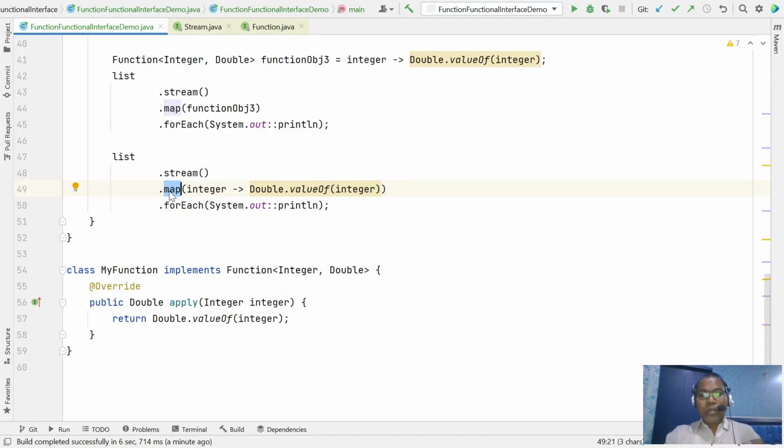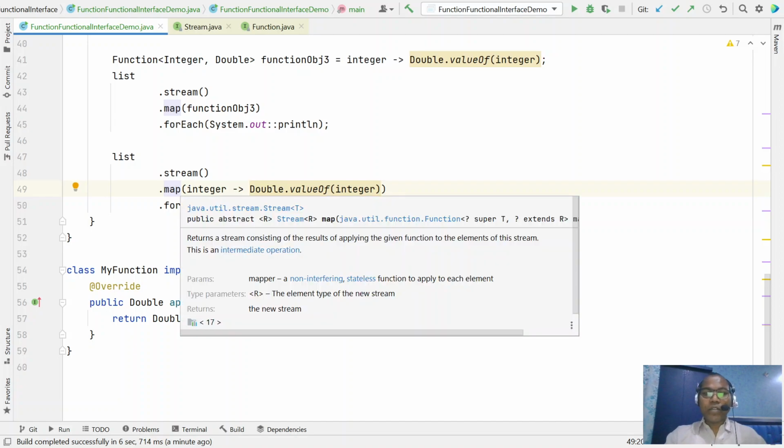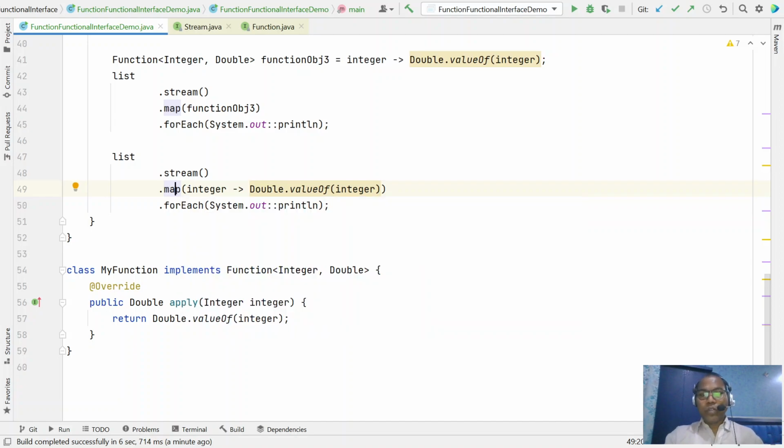So a Java method can take input as an object or take the complete method signature definition in the form of a lambda expression. So this map just says that I need any function type object, a function type object. That does not mean that you always have to pass an object like this that is a function type.